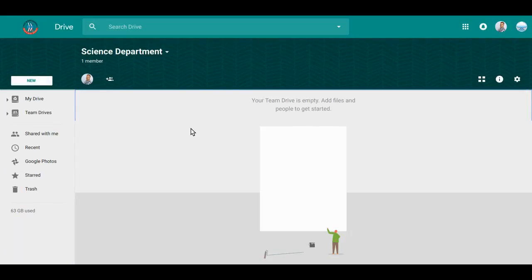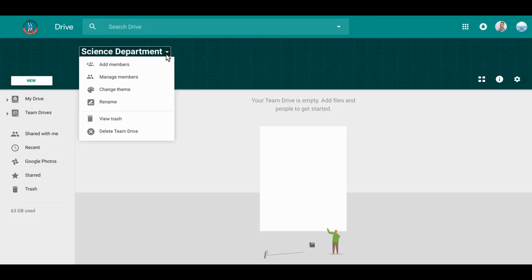And here is my new team drive. Now you'll notice that in the middle here it says that the drive's empty. I haven't added any files, and there's only one member. Now I can change some of the different settings for the team drive up here. So if I click next to the name of it, there's that little drop-down menu, and I can add members,